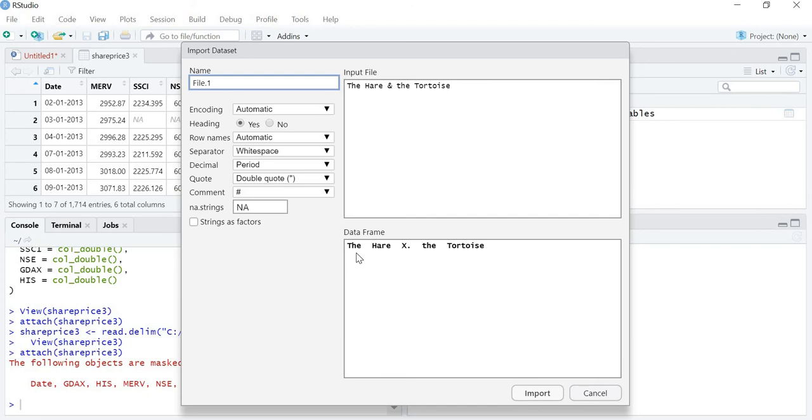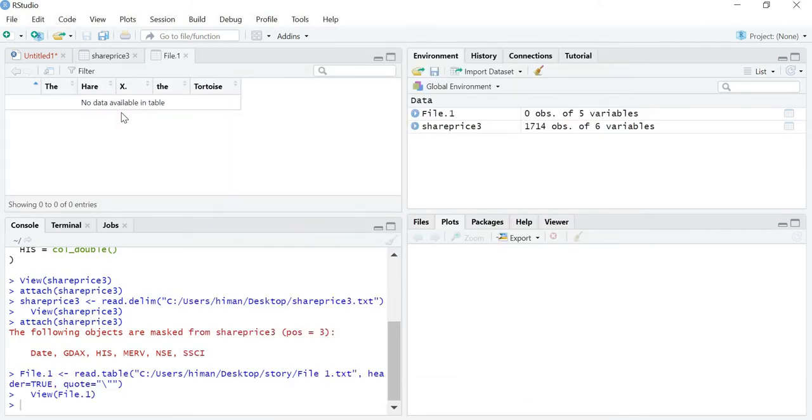R is reading that first variable is the, second variable is hare, third variable is X, fourth variable is the, and fifth variable is tortoise. Now if I import it, it will show me like this, and it will say that no data available in table. So it will only import the table. If you are going to use this command, it will only be importing the table.